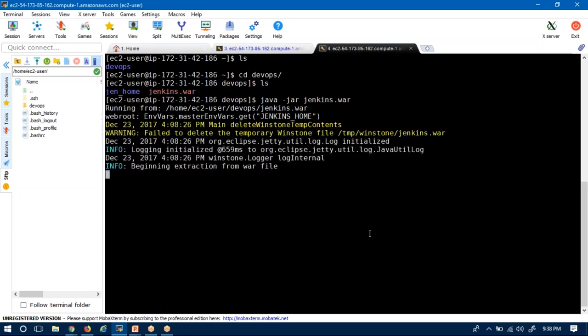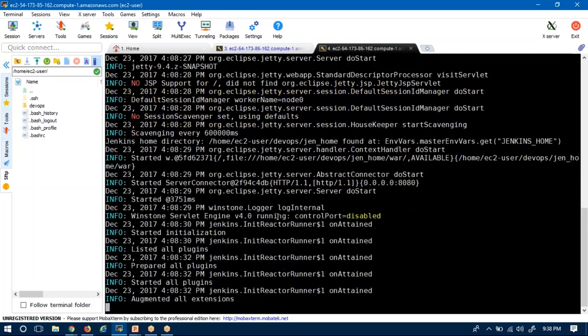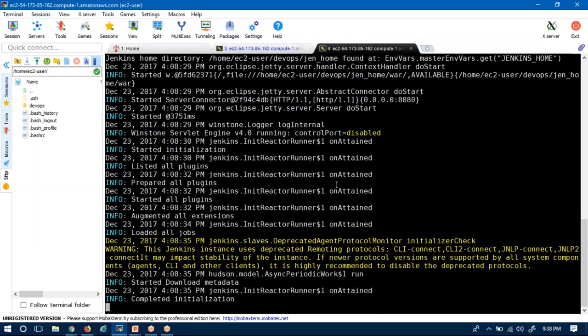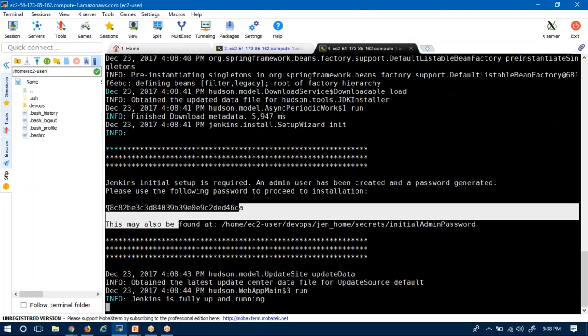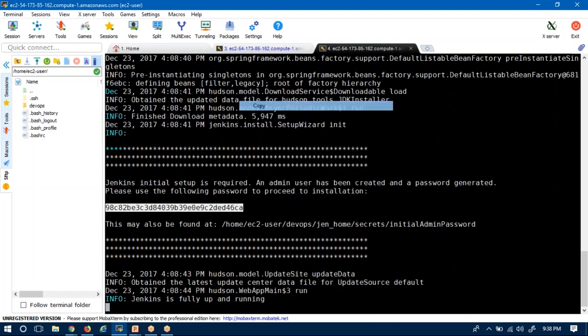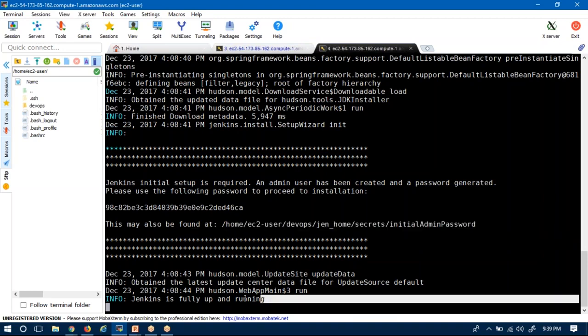Once it is up and running, then we will see where the configuration details and all folders of your Jenkins will be stored. That is only our home directory. Now anyway, I'm going to copy this password directly. This is also located under this home EC2 DevOps Jenkins. Okay, Jenkins is fully up and running. Now go and see.